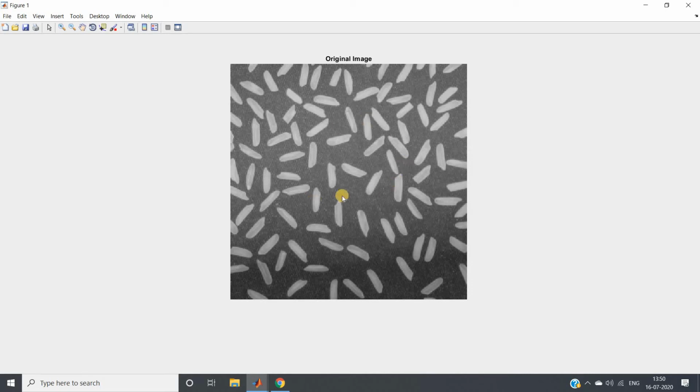That is nothing but top hat transformation, right? Because you can see the background is not uniformly illuminated in this particular case. The central part is brighter and the edges or border parts are darker. So we need to give uniform illumination in this image, and then we can apply thresholding on it.